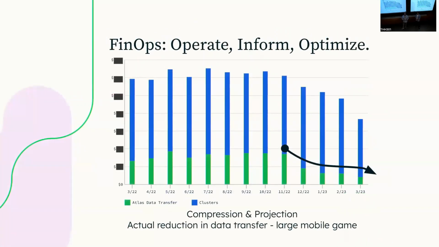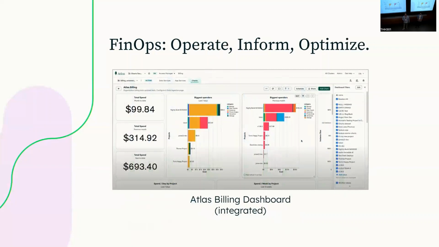So here's an actual picture of the billing chart for one of our customers in the mobile gaming space. You can see that the green part is how much network costs they're incurring every month. I can't show you the actual dollars, but yes, that range is in the thousands for sure. Actually, more than tens of thousands. So you can see after they implemented compression and watched what they were projecting, the costs came way down. So again, remember, at scale, everybody. Okay? And of course, Atlas has a lot